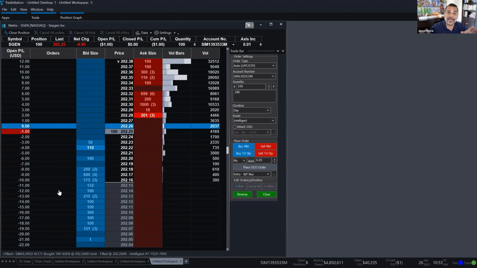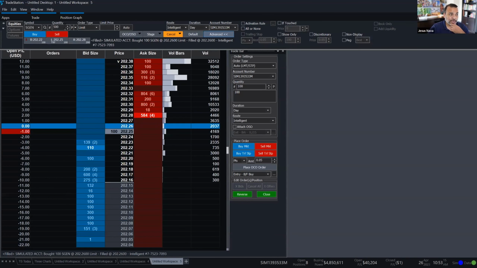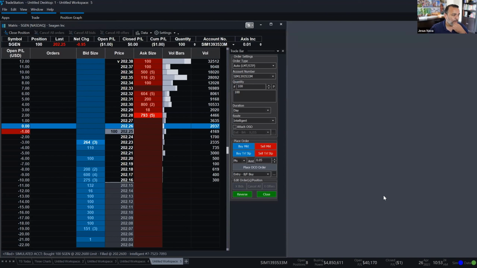Now, it doesn't necessarily have to be the window that you choose to trade from, because as a trading platform, we provide you different order entry tools. So you can trade here on the Matrix. You can trade using the trade bar up here. You can also trade within a chart. So those are things you can do from the TradeStation platform. But if I want to do a stop and a limit here,